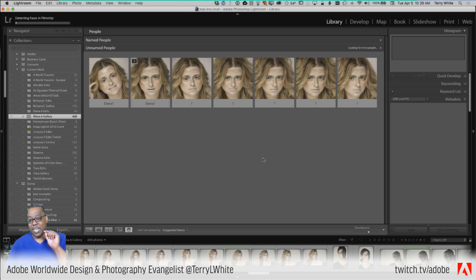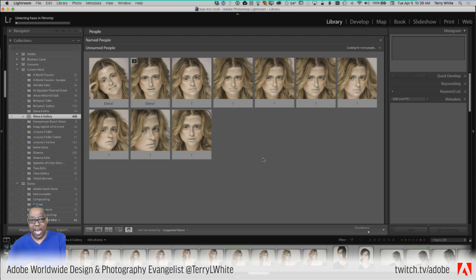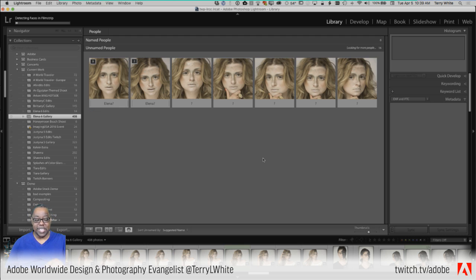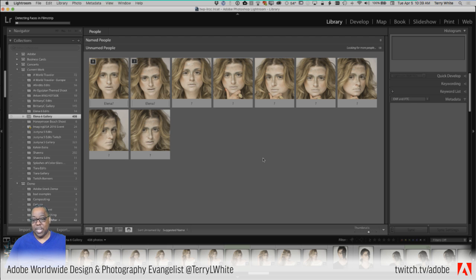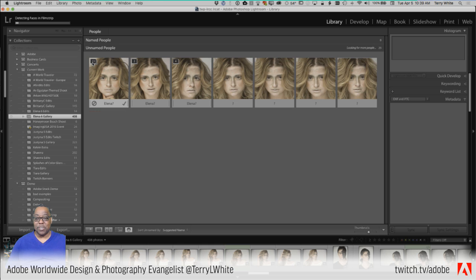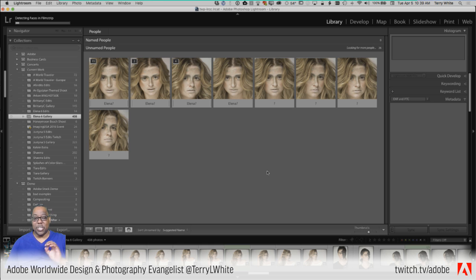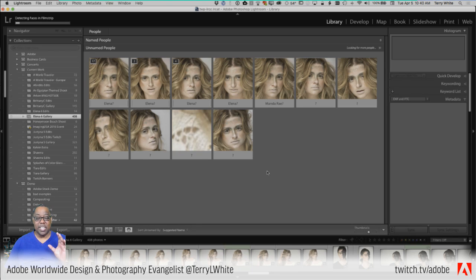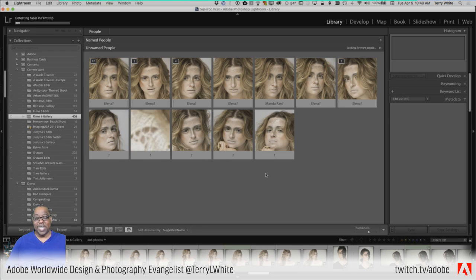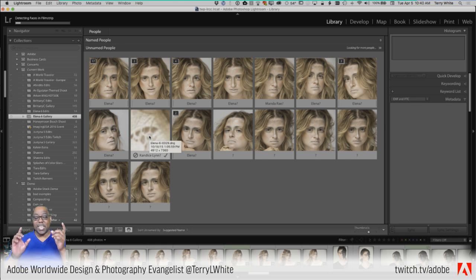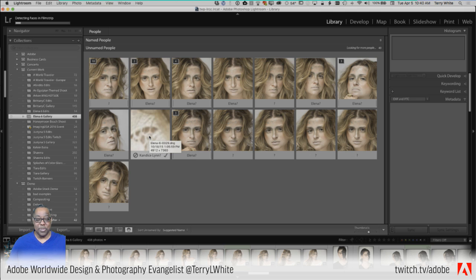And since I've identified Alina in the past, Lightroom knows what she looks like. It's now asking, hey, is this Alina? And notice what it's doing. If the pictures are similar enough, it's starting to stack them together. So here's 13 that look very similar. Here are 2 and 4 that look very similar. It's going through all of the photos, just looking for faces and saying, hey, these look like faces to me. Sometimes it guesses wrong, so that's not a face, but you can see where it thinks those are 2 eyes and a nose and whatever.